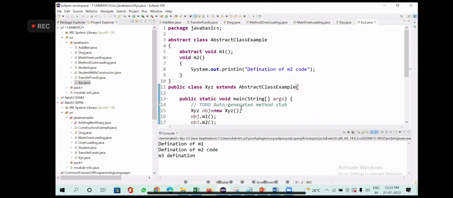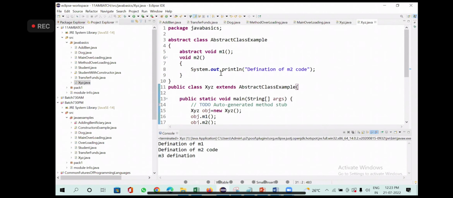Mostly interviewers ask the question, difference between abstract class and interface. Tomorrow, you don't need to note down now. Tomorrow, I will give you the question. Once we discuss the interfaces, then you will have clarity. You will have the answer for your question. Tomorrow, we will start with the interfaces.